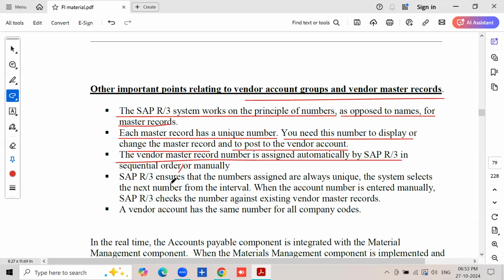See, the vendor master record number is assigned automatically by SAP R3 system in sequential order if the number assignment is internal. Or manually by the user,